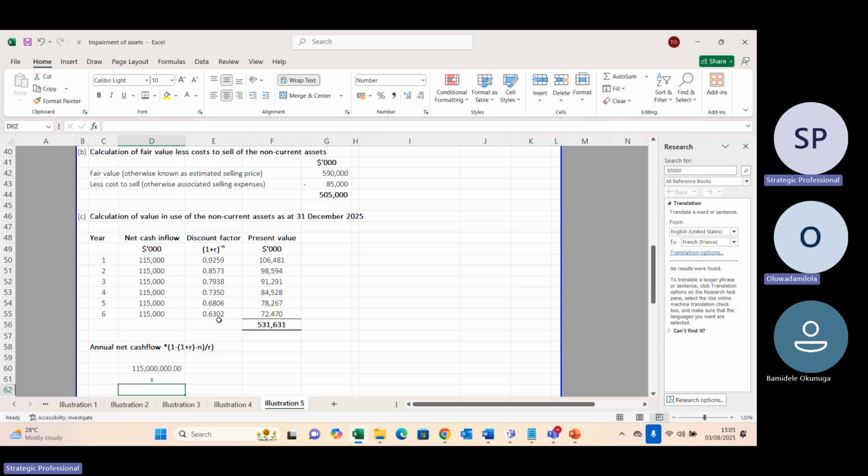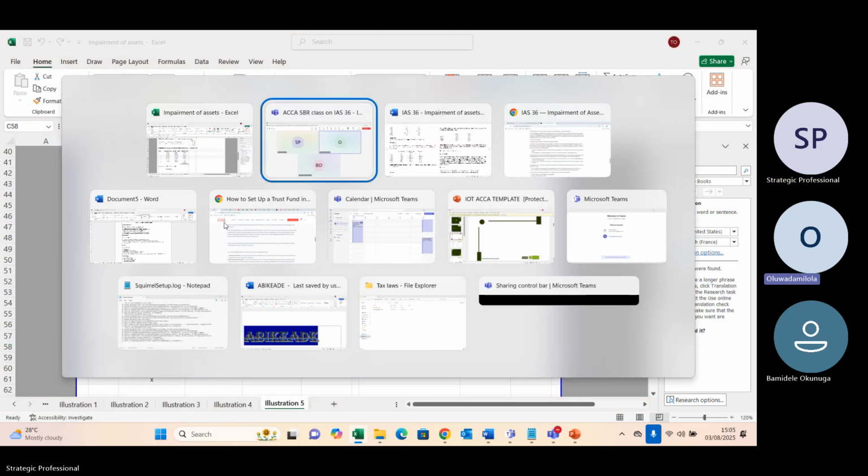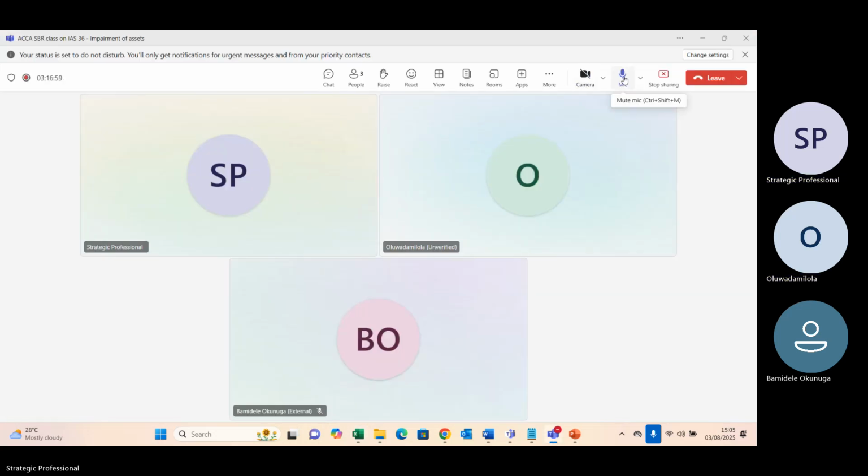Is this 47 million? Let me put my commas. No, don't yet multiply it by 150 million. What do you first get? Sorry, can you give me like 1 minute? Let me go and get my calculator. It can't be 47. Let me just quickly get my calculator. 4.6, minus 1 by 0.08. Oh, minus 4.62.